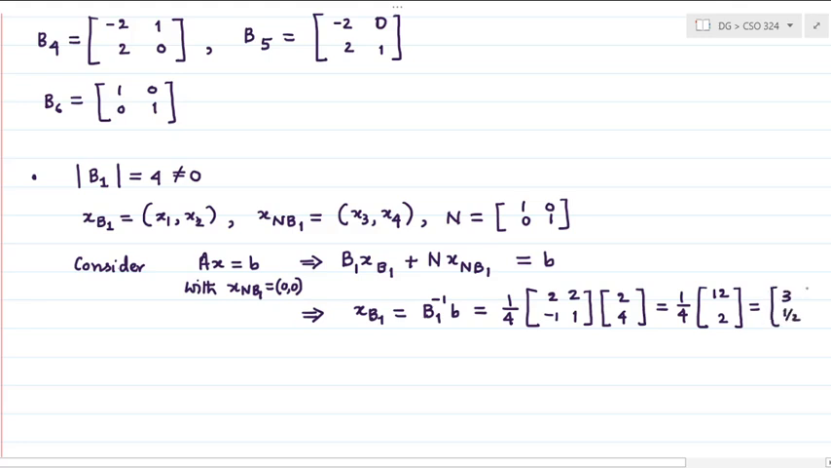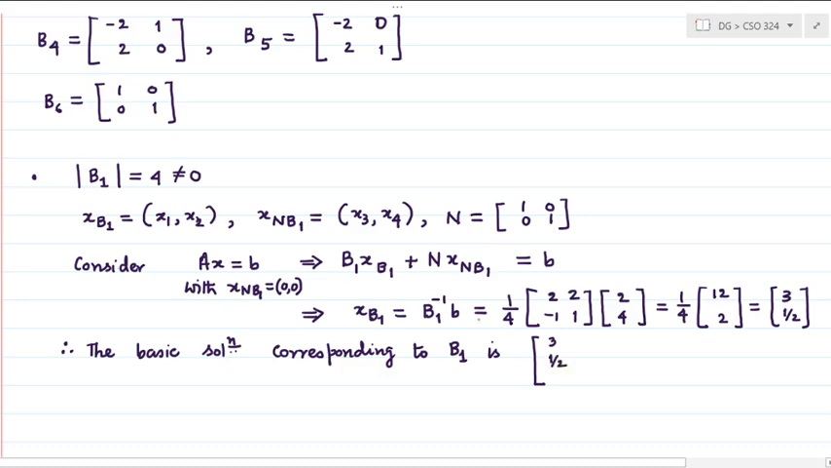And therefore the basic solution corresponding to b1 is not only basic, it is also basic feasible, because all the components are greater than or equal to 0. Therefore, the basic solution corresponding to B1 is, what is that basic solution? You have x1 is 3, x2 is half, x3 you have taken 0